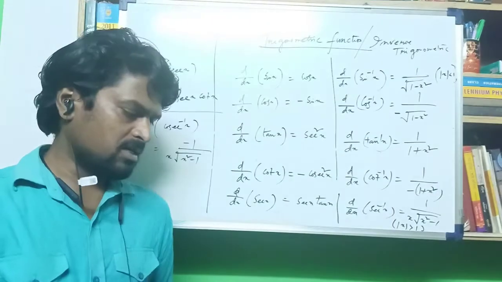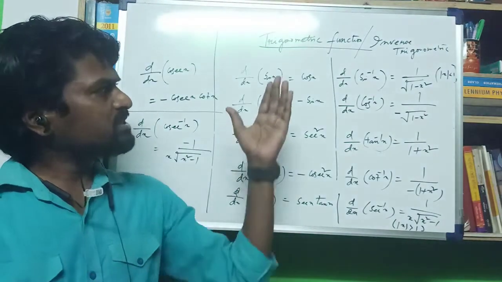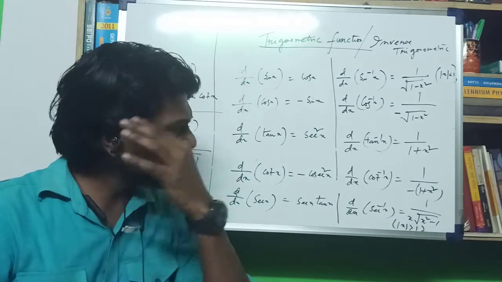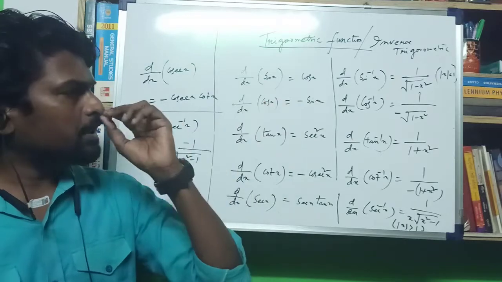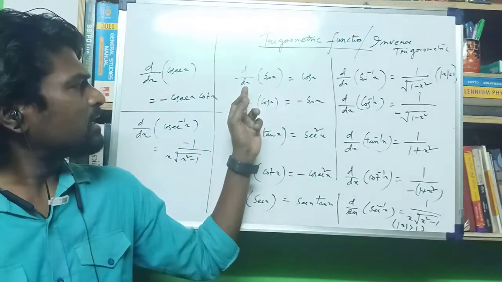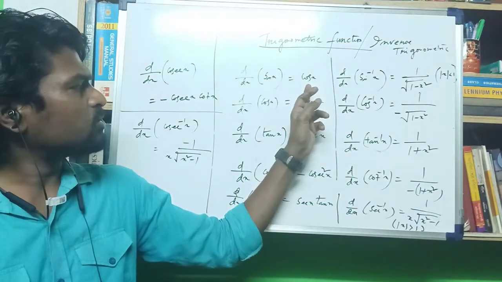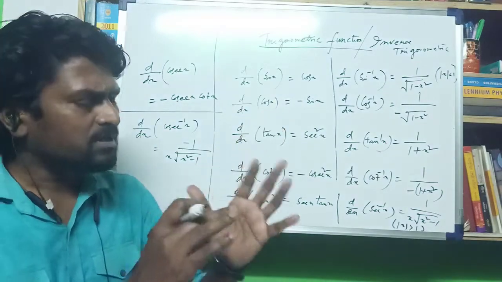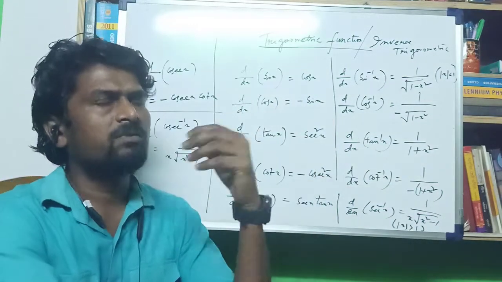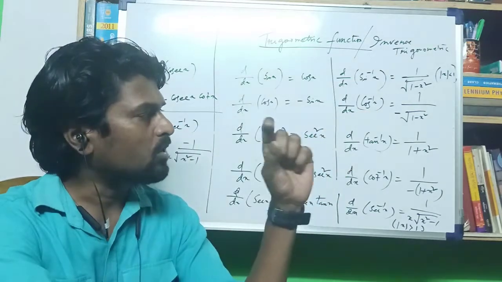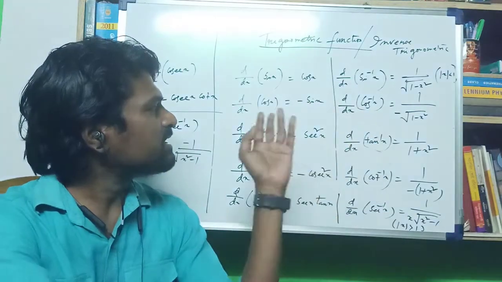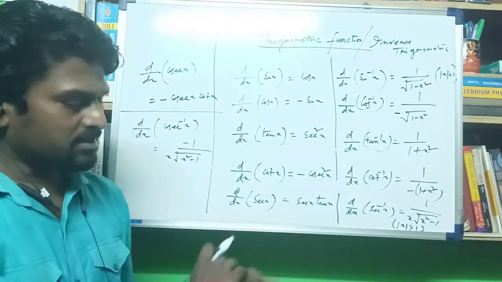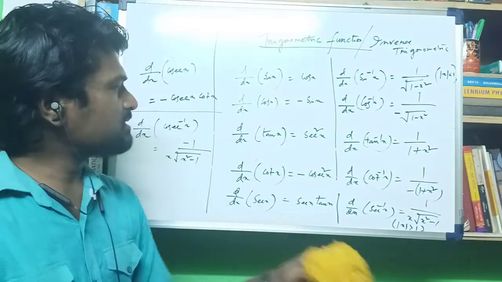So all the functions given here are trigonometric functions as well as inverse trigonometric functions, and when we memorize all of them, the tricky thing is d/dx of sin x equal to cos x, but d/dx of cos x equal to minus sin x. So when the trigonometric or inverse trigonometric functions start with co, that is the cotangent co-relationship, then the negative sign arises. So these are all the formulas, and the numericals are like that.